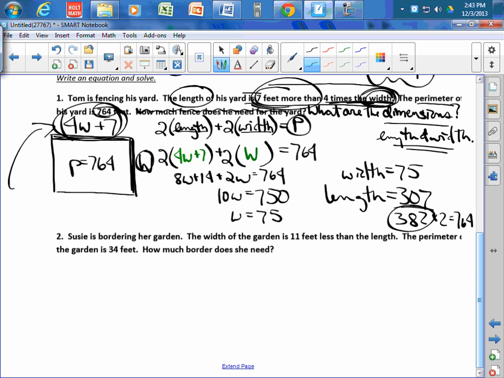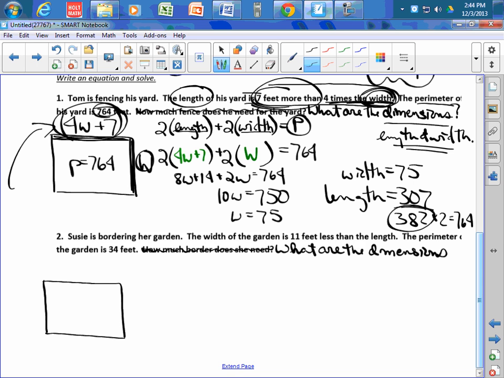Same situation on number 2. Susie's bordering her garden. The width of the garden is 11 feet less than the length. The perimeter of the garden is 34 feet. Again, if this isn't changed on your sheet already, please do so now. It's not how much border you need, it's again, what are the dimensions? And again, we're talking about the perimeter of a rectangle, so draw a rectangle. Since we are looking for the length and width,